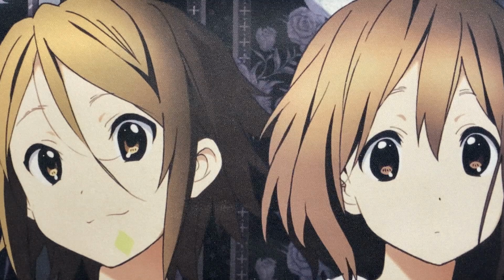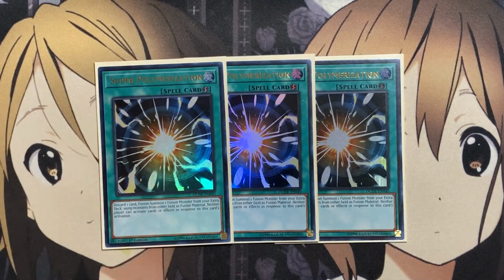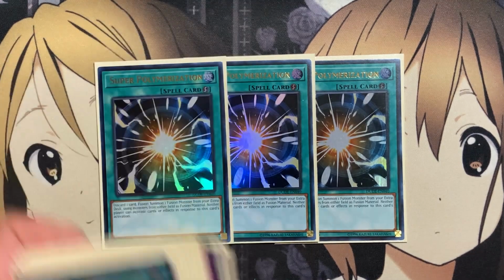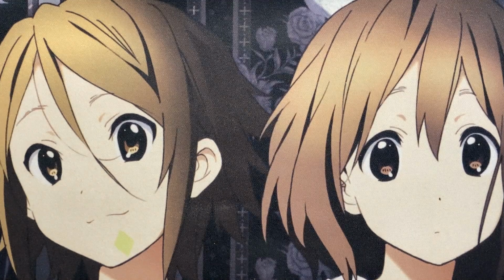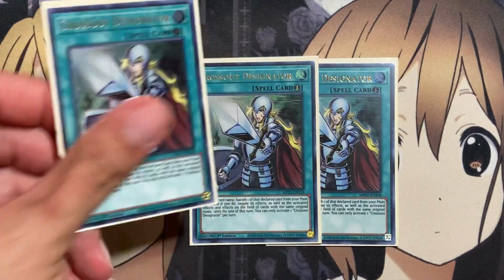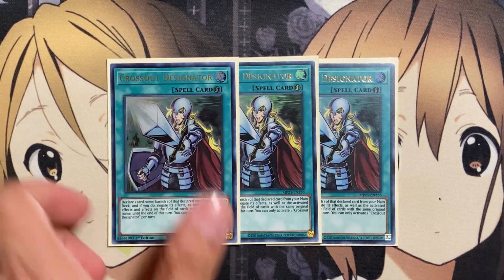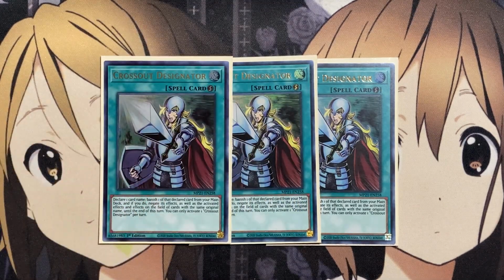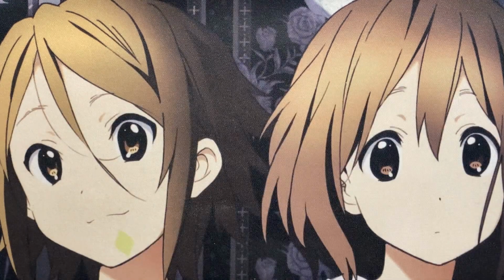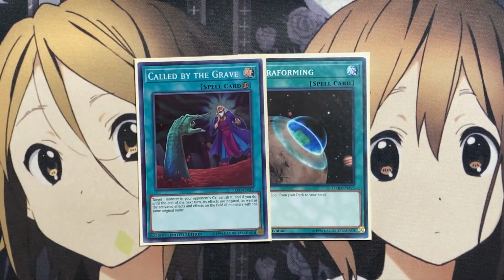For more of the generic spells we run in the deck, 3 copies of Super Polymerization. This is what I mentioned before. Turning your opponent's monsters into Pyro monsters gives us more targets, along with the Vidos we potentially could place on their side of the field for our fusion play. The 3 copies of Cross-Out Designator. We have the Ash Blossom, the Nibiru, the Ghost Ogre, and the Infinite Impermanence lineup for plenty of targets to use with this card to stop any of our opponent's cards from stopping any of our own plays as well. And then lastly, the 1 copy of Terraforming and the 1 copy of Call by the Grave for the rest